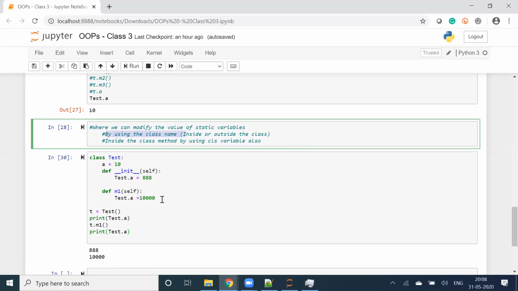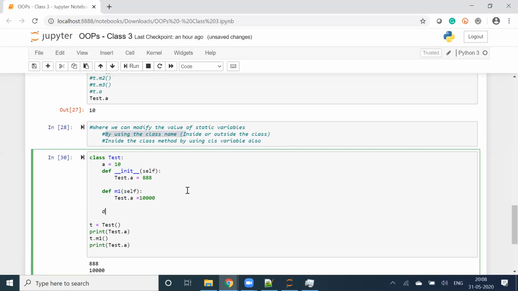But in the class method, let's see. Def m2, self. Inside the class method by using class variable also. Class variable also means can I do it with Test?